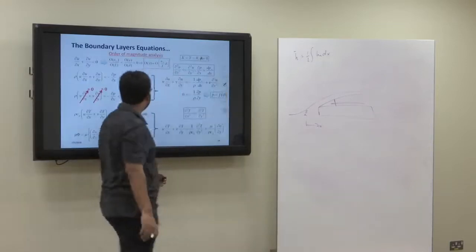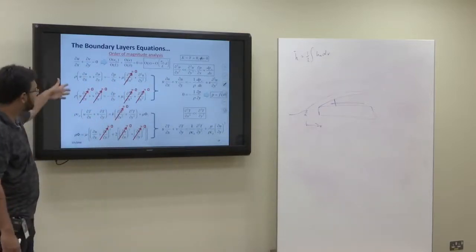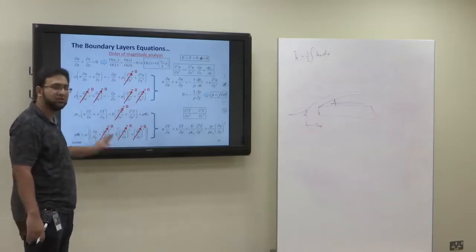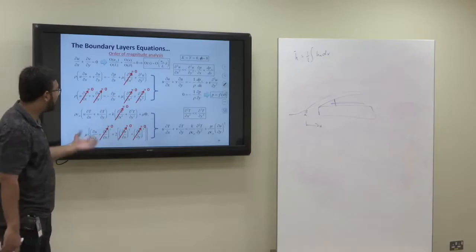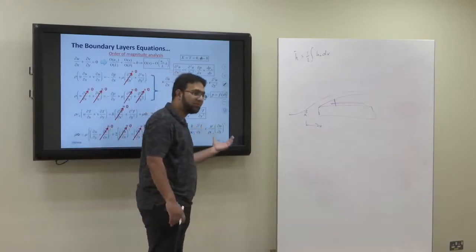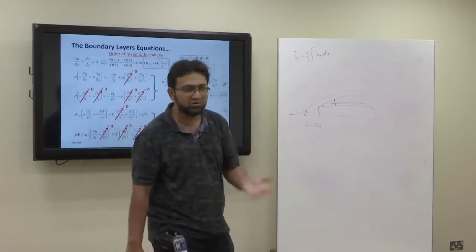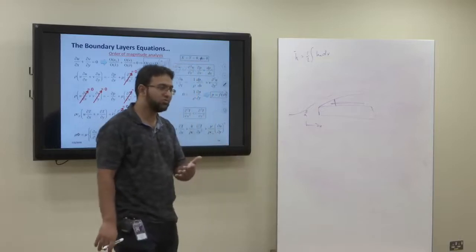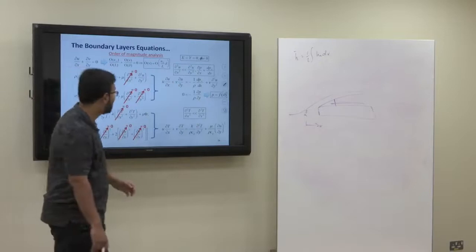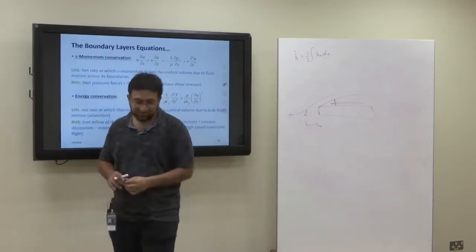So what happened is that when you put in these approximations, our boundary layer equations, which were very complicated equations, have many of the terms cancel. Okay, so our equations become simplified. However, these simplified equations still need to be solved, okay, and they are solved analytically. I'm not going to go through the solution. You're going to go through this solution in detail in the course of fluid mechanics. So anyway, we're going to go towards the end results, okay. So the end result is that